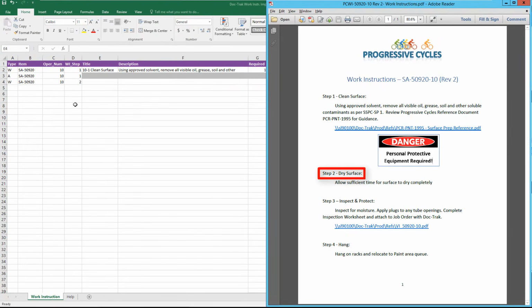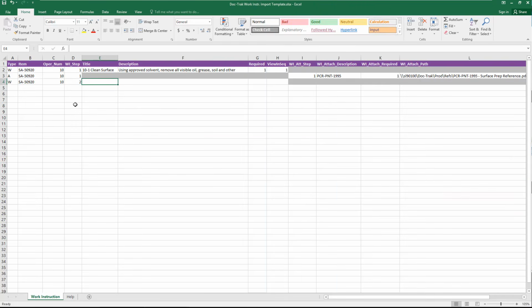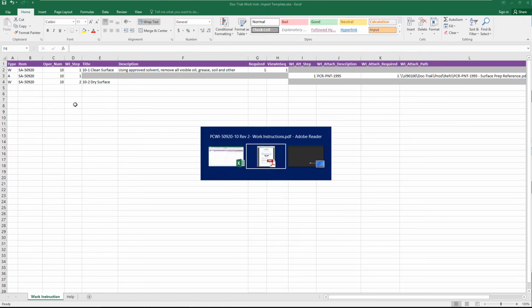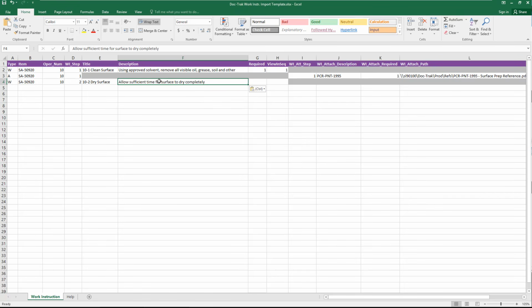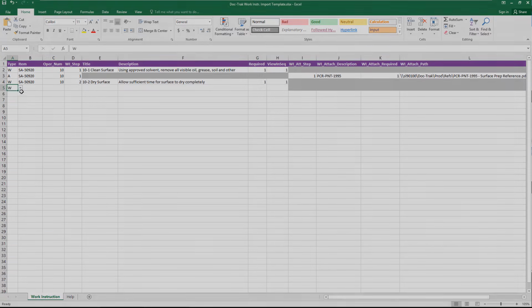The title is 10-2 Dry Surface. I'll copy and paste the description, and make it required in sequence. The rest of this is more of the same, so I'll finish it up now.